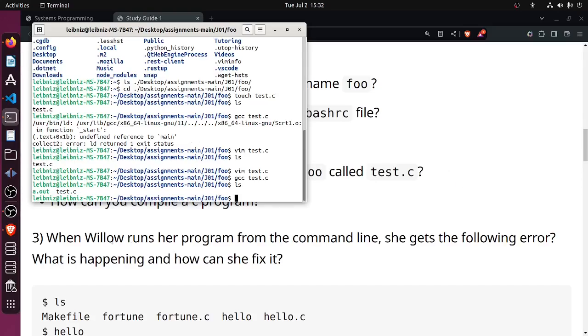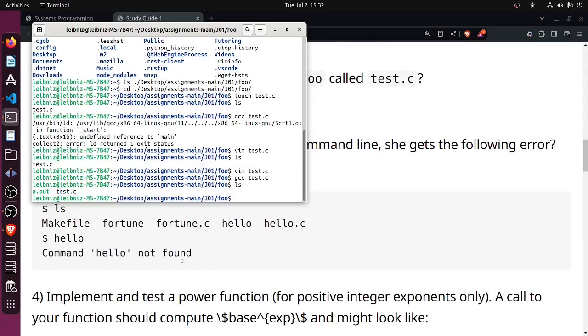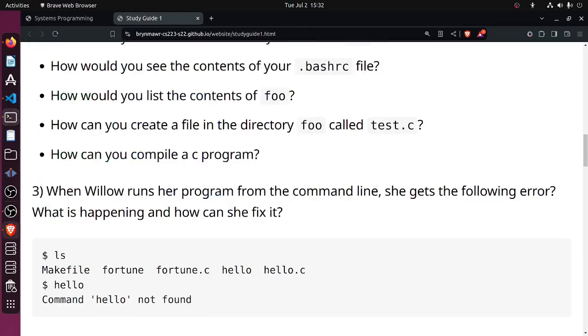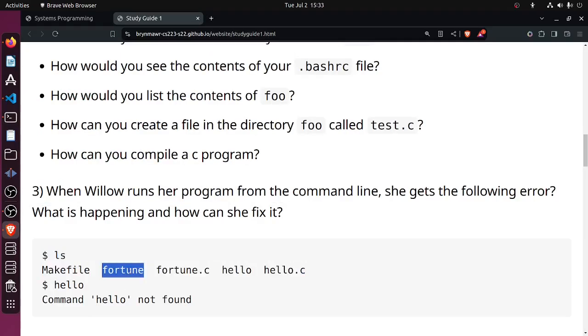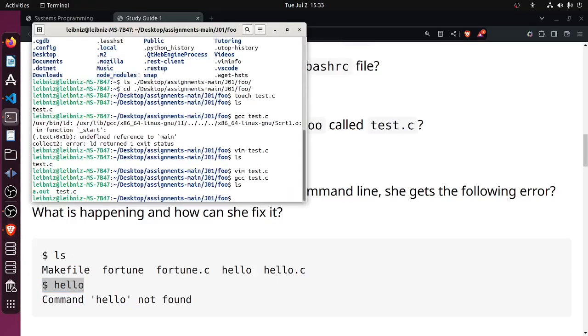Okay, so when Willow runs her program from the command line, she gets the following error. What is happening and how can she fix it? So, okay, we ls to see all the contents of the current directory. We see that it has a makefile and an executable for fortune and hello. She tries to execute the executable simply by writing its name. That's not okay. To execute the executable, you have to call ./